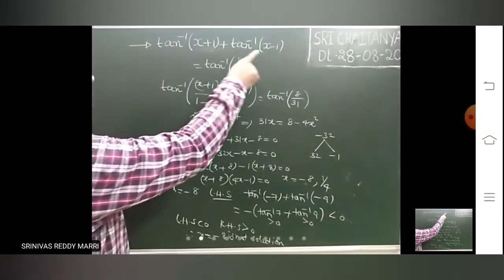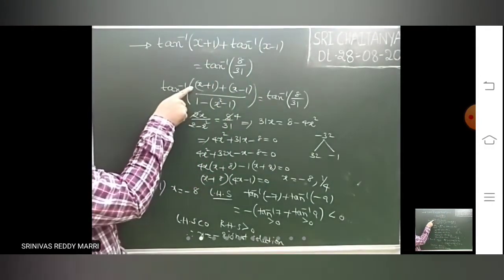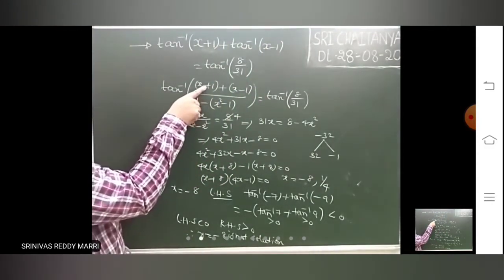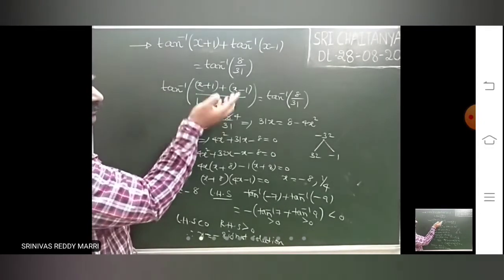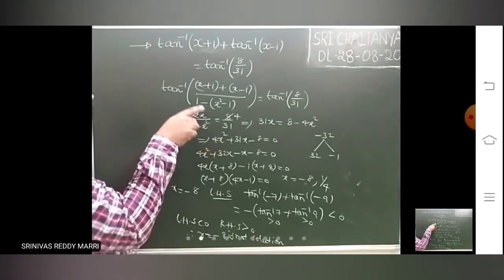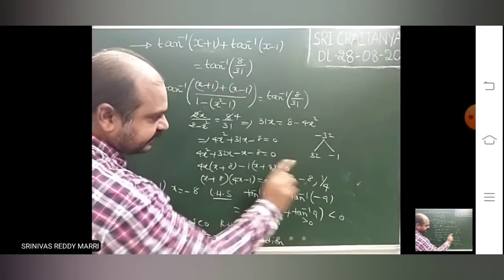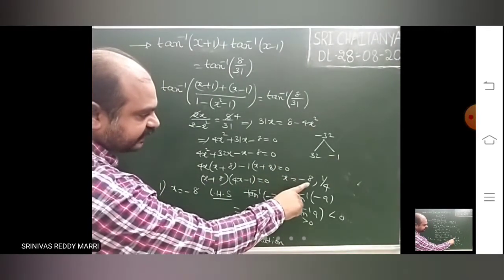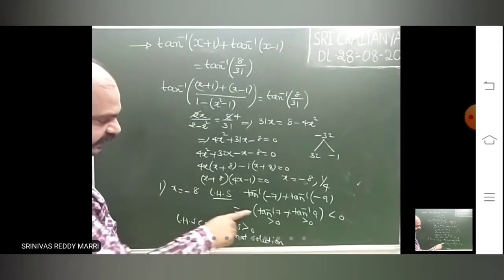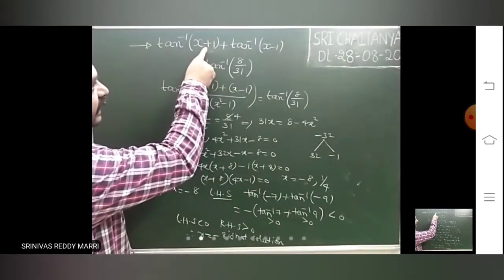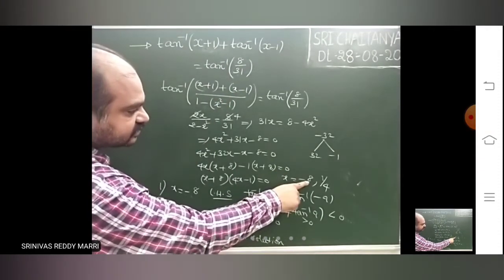Look here. We have written tan inverse x plus tan inverse y. Here there are two cases, but one case we have written here: tan inverse of x plus y divided by 1 minus xy. There will be another case also, pi plus. Even though you have written it, find the solutions. After finding the solutions, you check which one is correct. So minus 8, if you substitute, you are getting LHS is a negative quantity and RHS is a positive quantity. That means this is not a solution.